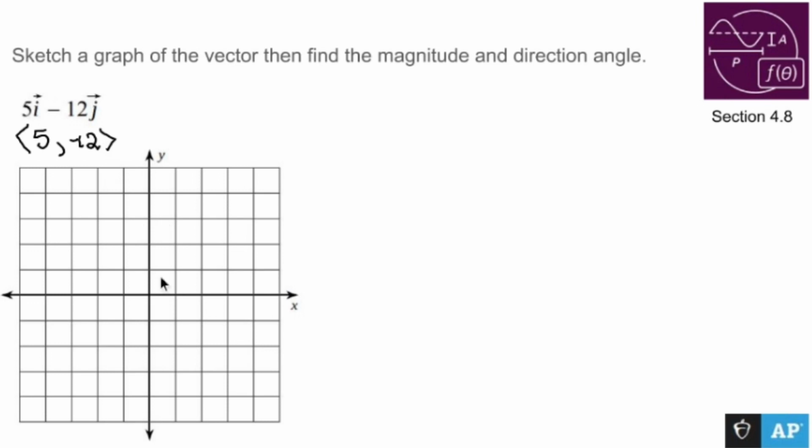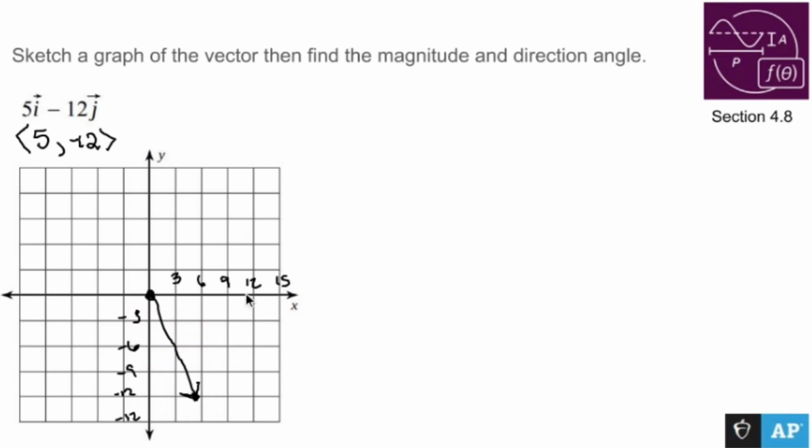In order to draw this out, you're going to start at 0, 0. You're going to go right 5 units and then down 12 units. So I'm not going to be able to draw that. So let's make each of these units 3. So 3, 6, 9, 12, 15, -3, -6, -9, -12, -15. So basically go right 5, go down 12, and your vector is going to start here and hit perfectly down there